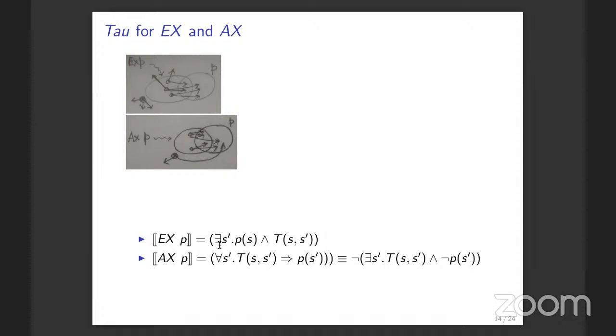I think what is being quantified over is correct, but it is P of S prime. Now, what you can do is you can do the same problem. Once you define this in terms of BDD, all I want you to do is to implement this, and then for any given T, you can fix the number of variables. You can actually try and do it for the fixed point problem. You just pick whatever transition relation that you have. Let your state have, say, 2 or 3 variables. Okay, construct the BDD function, define a function which constructs the BDD representation for the formula for EX and AX as I have defined here,